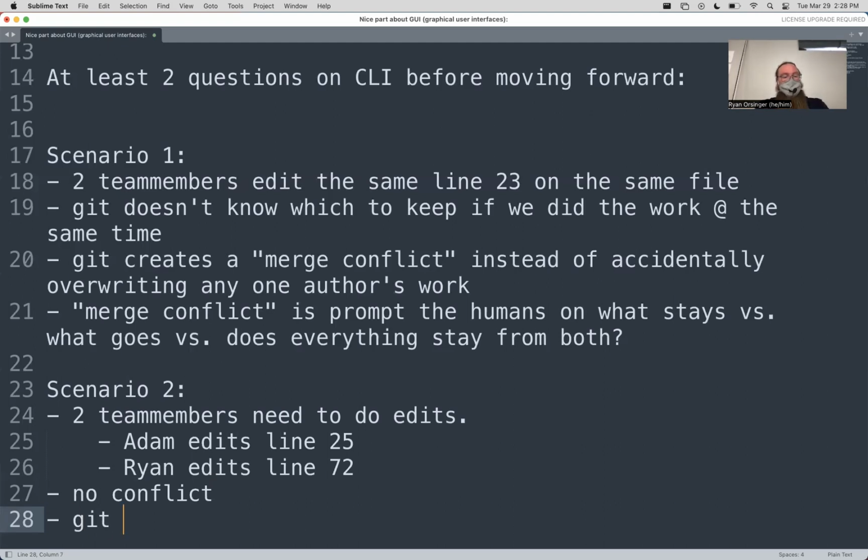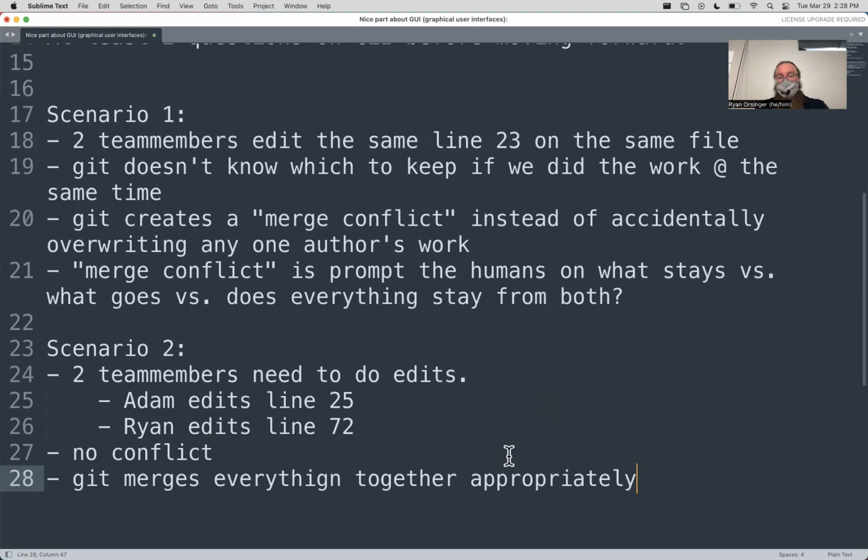Git merges everything together appropriately. So the order doesn't really matter. If Git sees Adam's work before mine, it adds the line 25. If it sees my work before Adam's, it lines up the line 72. The only place where this could be a problem